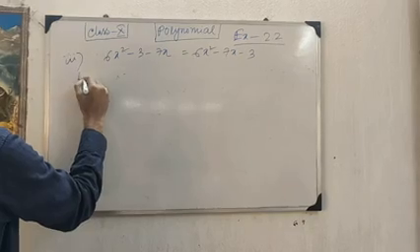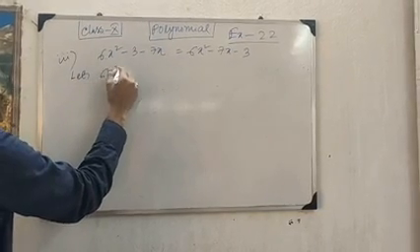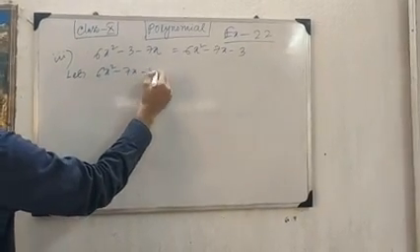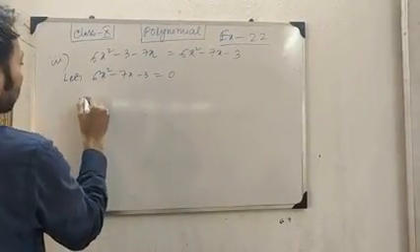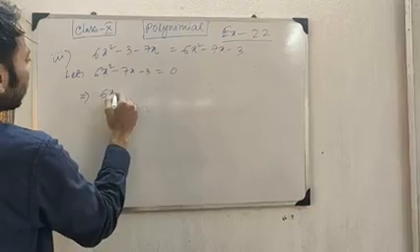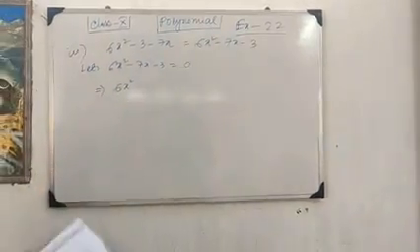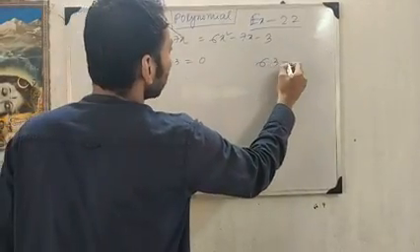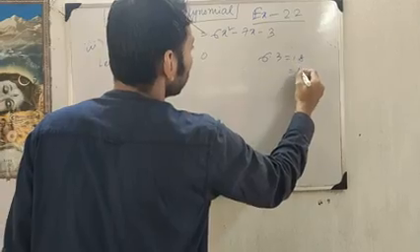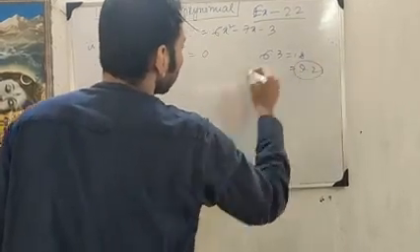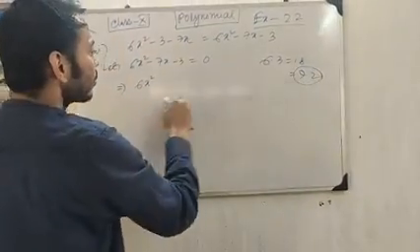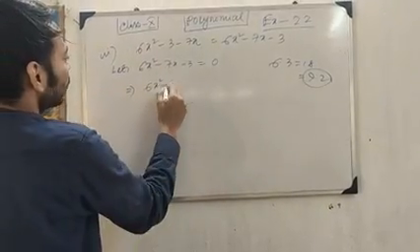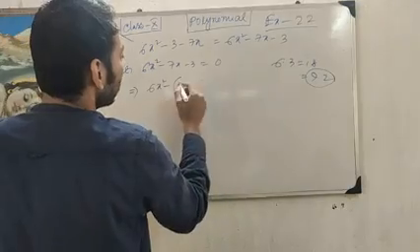Now taking 6x square minus 7x minus 3 equals to 0, we have to do it again by the middle term method. 6 into 3, that means 18. We have to break 18 into 9 into 2 in this form, because 9 minus 2 equals 7. So instead of 7, we will write 9 minus 2,